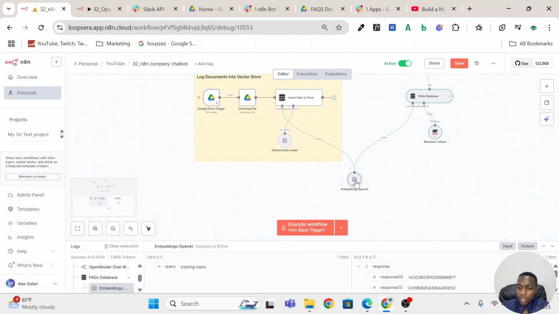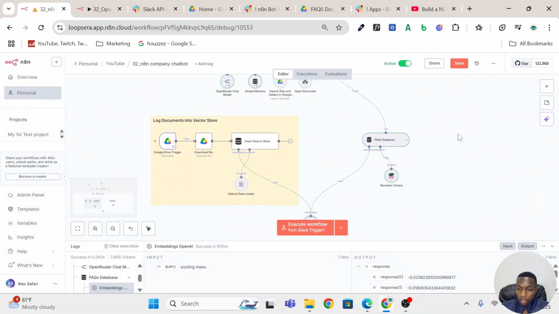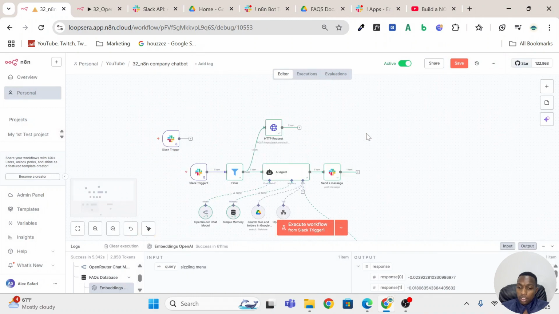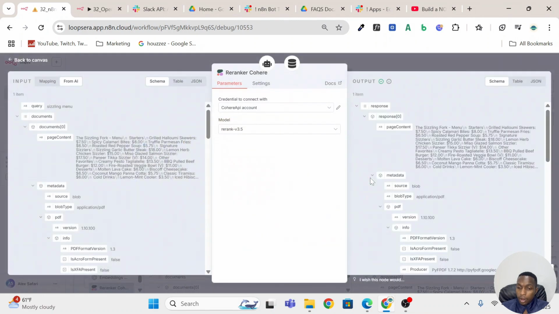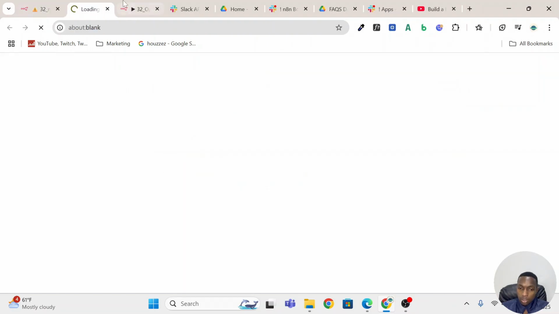Now for the embeddings model, we are using text-embedding-3-small from OpenAI. Now we are re-ranking these results using the Cohere re-ranker. You'll just need to set up an account with them, create new credentials, then you'll need an API key. So once you set up an account,